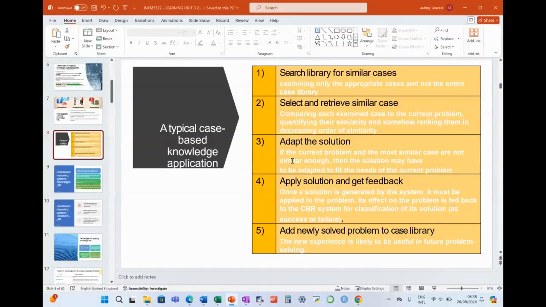Then we say, okay, based on the current problem, all right? So here, if the current problem and the most similar case are not similar enough, then the solution may have to be adapted to fit the needs of the current problem, which is what we've been speaking to for the longest, to say,